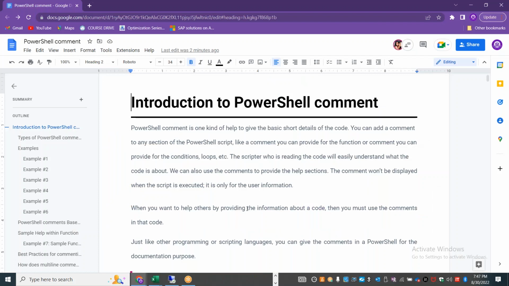Okay, so a comment in PowerShell is one kind of help to explain the code. Okay, that is the number one thing. And you can also add a comment to any section of the PowerShell script. Okay, there are different ways in which you can add it. So this is mainly for the scripter or the new joiner to understand the code or understand the script